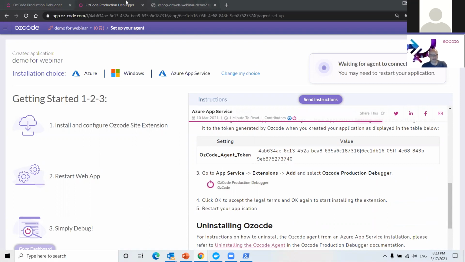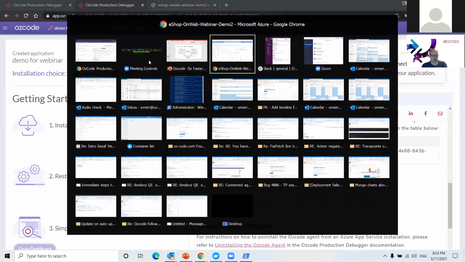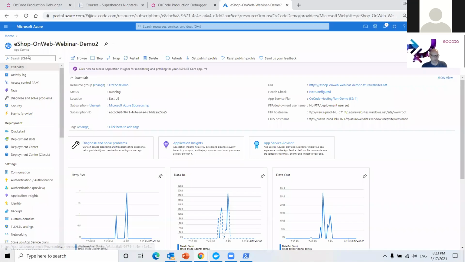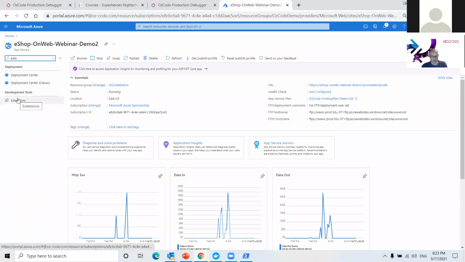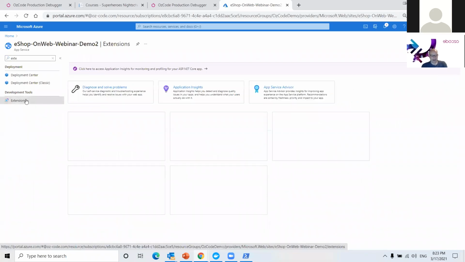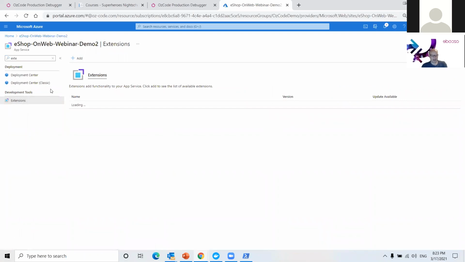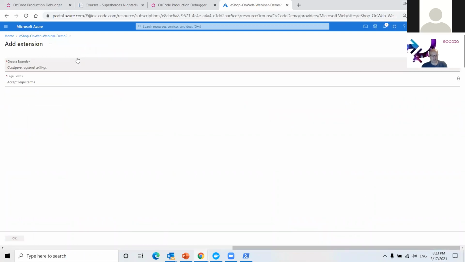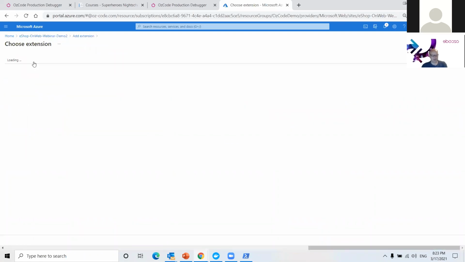So let's look at what that all actually looks like. I'm going to go into the Azure portal. Everybody loves this portal. So many blades. I'm going to go in here and hit extension, and then add an extension. After this loads, we'll see that there's an option called the Oscode Production Debugger.